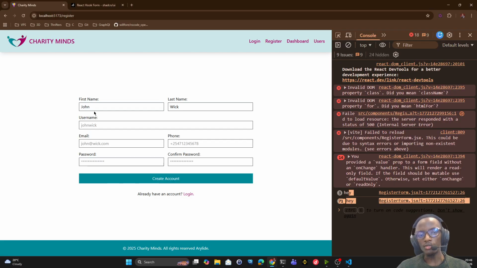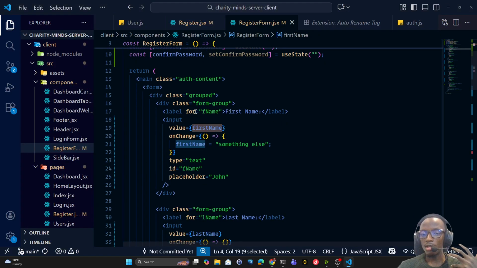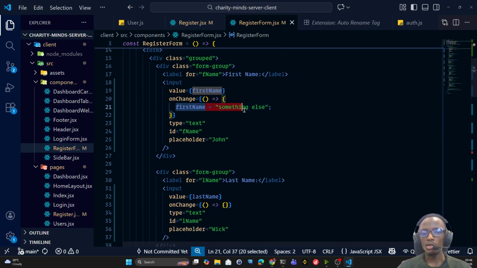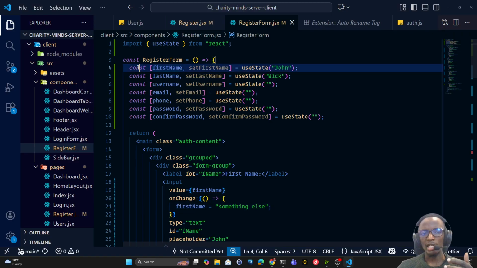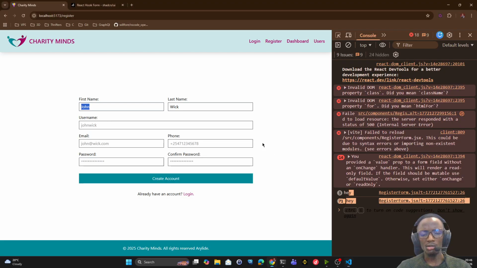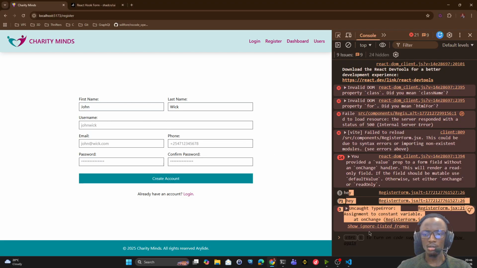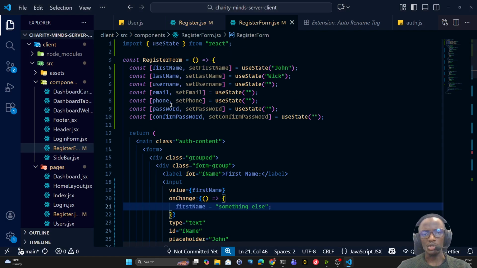so that now the new value that is going to be stored in first name can be shown on the page. So it's not that the value of first name is not being changed, right? It is being changed. Actually, it's not, because this is a constant. If this was a let, then it would work like this. Actually, what happens when we try now? Yeah, it will not work because this is a constant. If it was let,